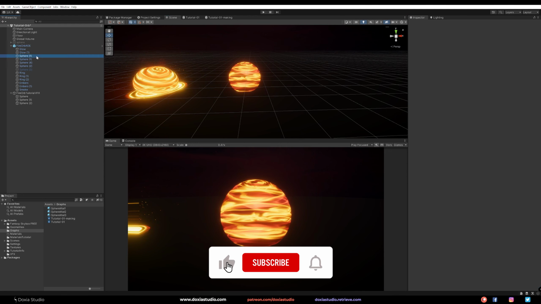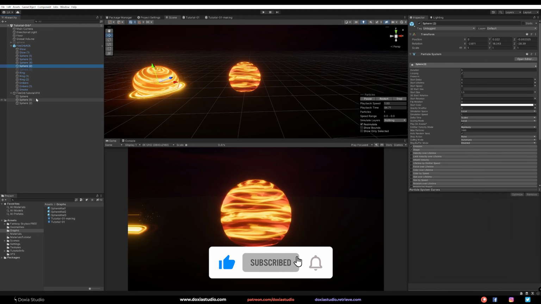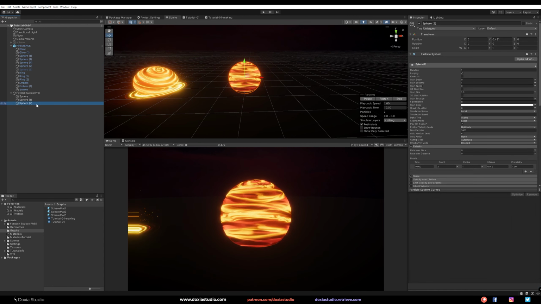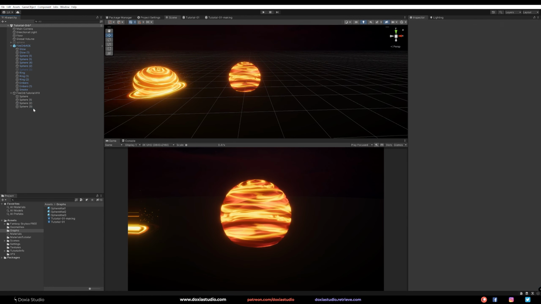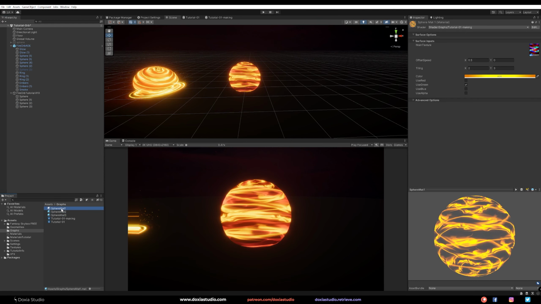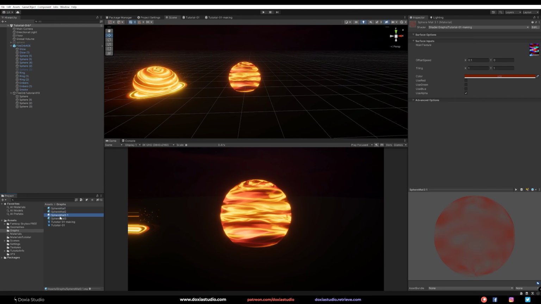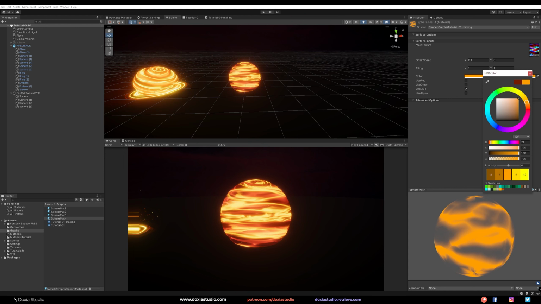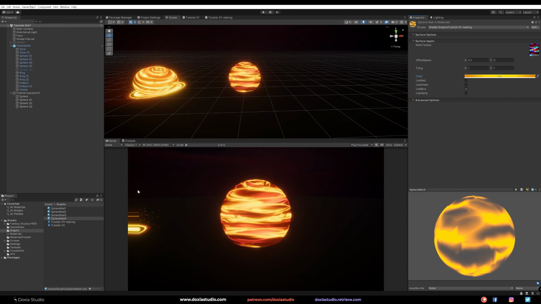And as you can see, I use different ones. We are still missing one of the materials, so we can do that. Let's go with this one. We are using the alpha, the red, and the green, and we are missing the blue. You don't need to do it, but since we already created that one, let's use the blue one. And maybe I want an orange look with just 1 intensity.